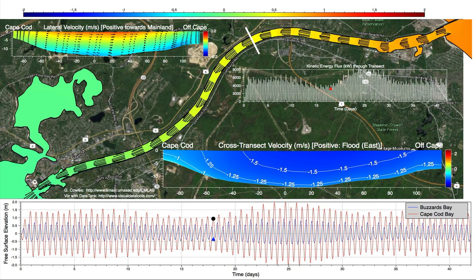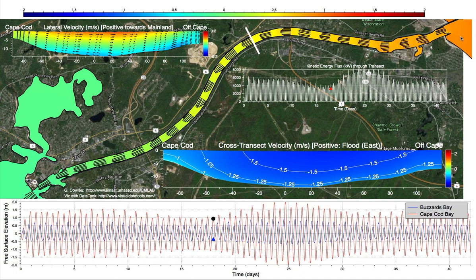And these two bodies of water have very different tidal signals. Buzzards Bay has a much smaller tidal variation. The dominant constituent on both sides is the semi-diurnal, or M2, tidal signal, which has a period of just over 12 hours. On the Buzzards Bay side, the amplitude of that signal is about a half meter. On Cape Cod Bay, the amplitude of that M2 period is about